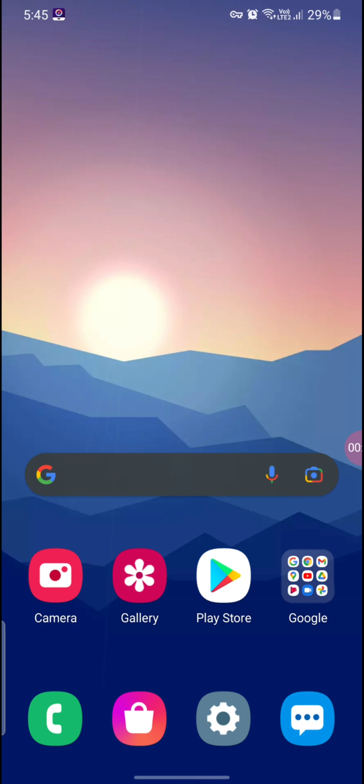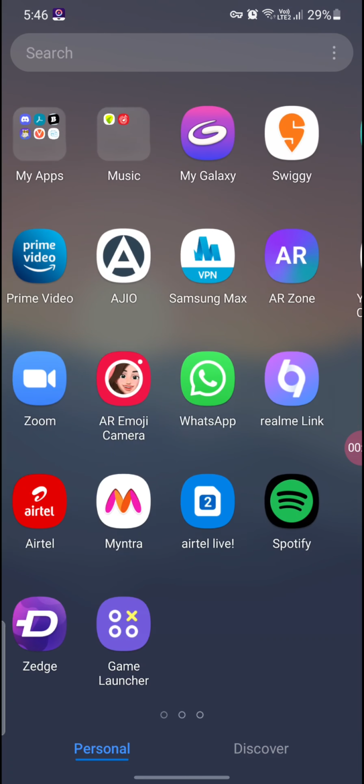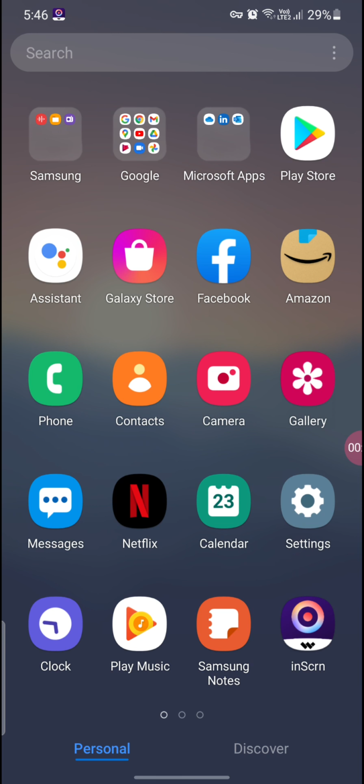So today I'm gonna tell you how to customize your phone. In this customization, we will change four things. The first thing is we will change the positions of the icons which are coming on the bottom of your home screen. The second thing, we will change the position of your icons. Third thing, we will change the folders' shape in this video, and the fourth thing...